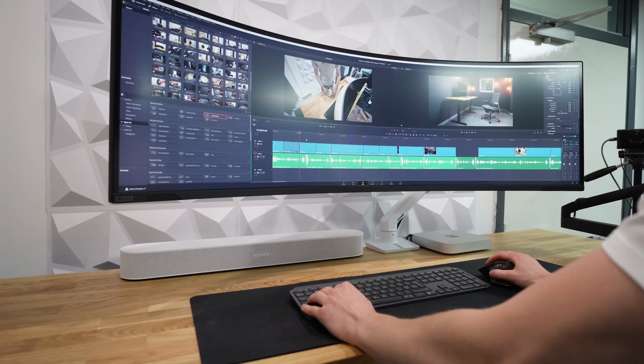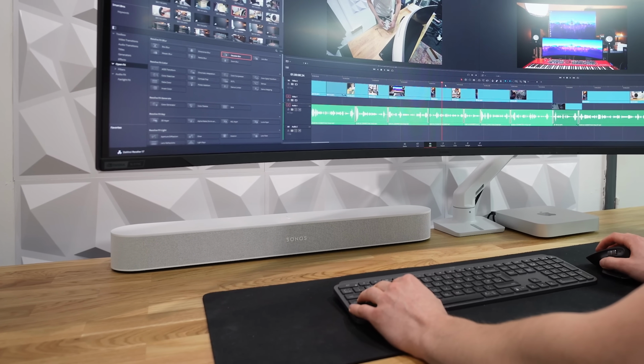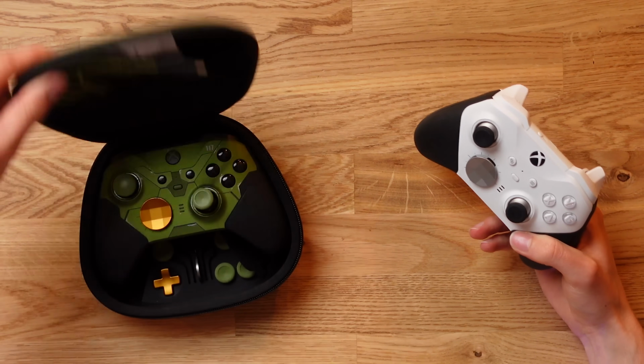I also like the fact that it comes in 2 different color variations. White matches the Xbox Series S and Xbox One S and so forth. And then obviously the version in black matches perfectly with the Xbox Series X if you're going for a more moody gaming setup. Next, let's take a look at some other controller options that you can use with your Xbox,